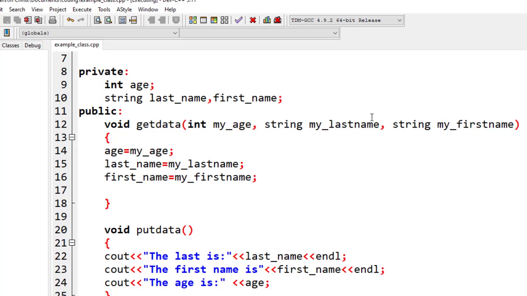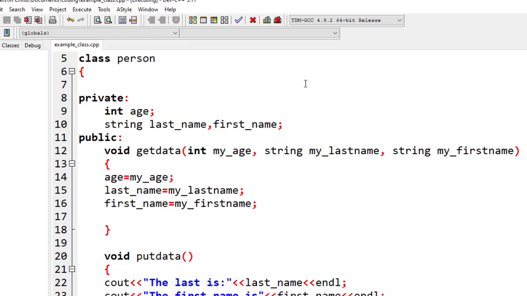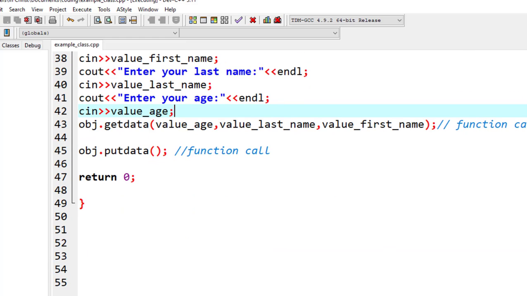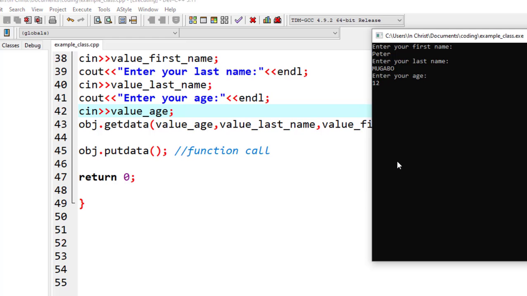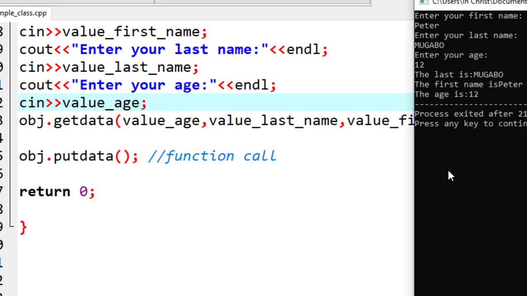You know, first name is a data member of the class person, as you are seeing here. Okay, let's see what will happen now if I press enter. You see, if I press enter, it's as if I call the function getData, then after passing the values of age, last name, and first name,